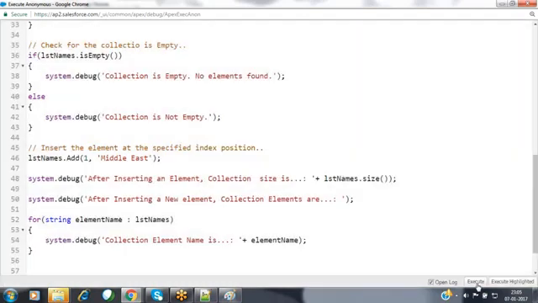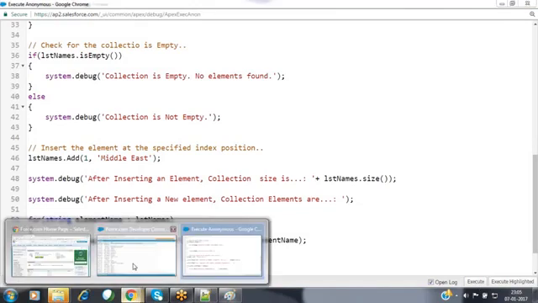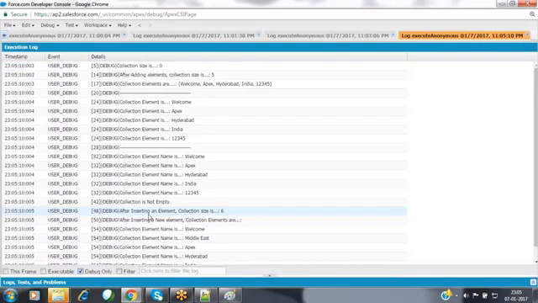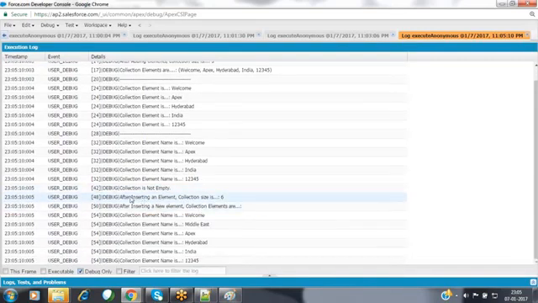Now click on the execute button. Let's verify the result. So the collection size is what? After inserting that element, the collection size is 6. Previously, the element values were welcome, Apex, Hyderabad, India, 1, 2, 3, 4, 5. Now we have added one more element with index position 1. Index 0 is welcome, first is Apex, so in the Apex place, the new element will be added.